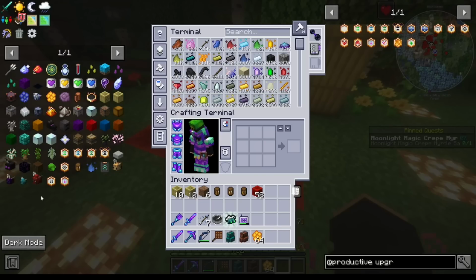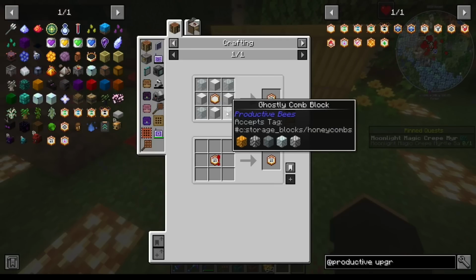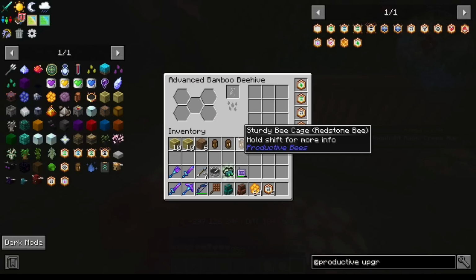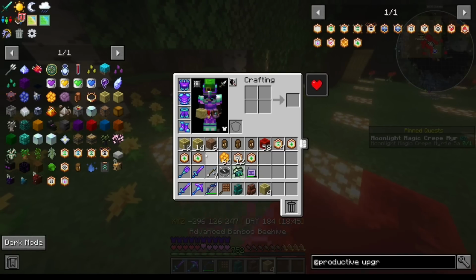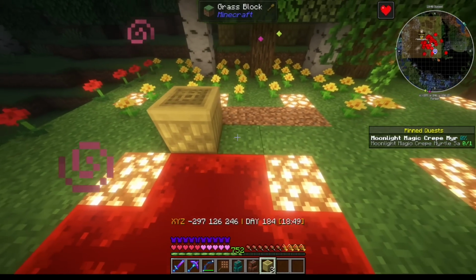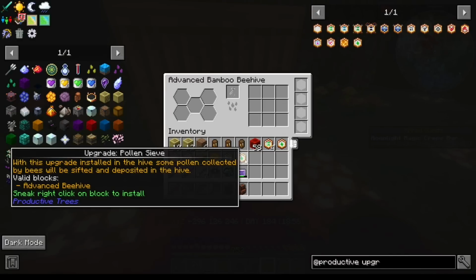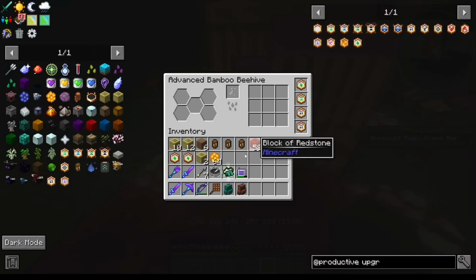I'm gonna need to make some of these, so we gotta get more range upgrades, which means I need more blocks of iron, which is fine, because blocks of iron are cheap, but then I need honeycomb blocks, which is fine, because I got plenty of honeycomb, and then I can get a bunch of these range upgrades. Which what I think I'm gonna do is tear down these, because I don't really need them to be right here. Because what I can do, these are all empty, is I can put 2 right here, and then the expansion box is on top. And then what I can do is pollen sieve, alpha, and then range upgrades, pollen sieve, alpha, range upgrades. And then from here,